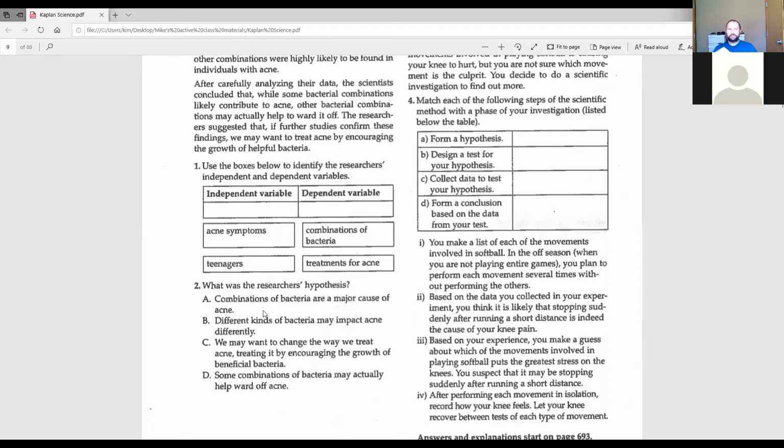A, combinations of bacteria are a major cause of acne. B, different kinds of bacteria may impact acne differently. C, we may want to change the way we treat acne, treating it by encouraging the growth of beneficial bacteria. Or D, some combinations of bacteria may actually help ward off acne. Which of those is the researcher's hypothesis? In other words, the guess to their question. And remember, their question is,